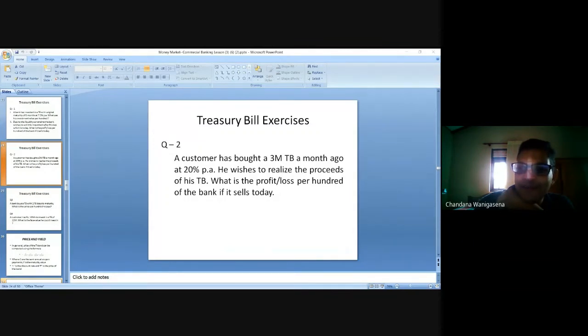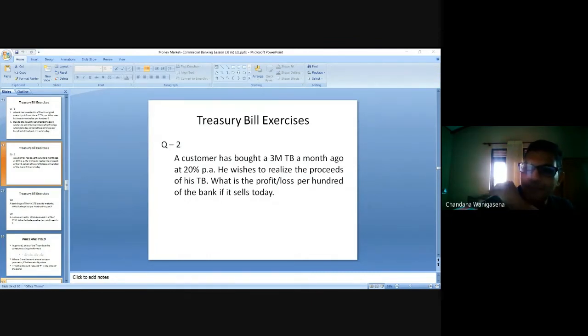If you get it right, you have a kind of a sense of achievement. So I encourage you to put that in the chat. What's the profit or loss? Is it a profit or loss? 20%. Now what's the interest rate? You can logically think whether it is a profit or loss. So when you do the calculation also, you will realize if it is a profit or loss. So both should be, logically.